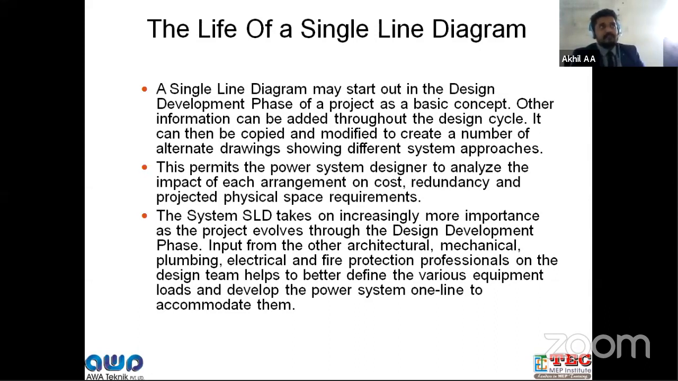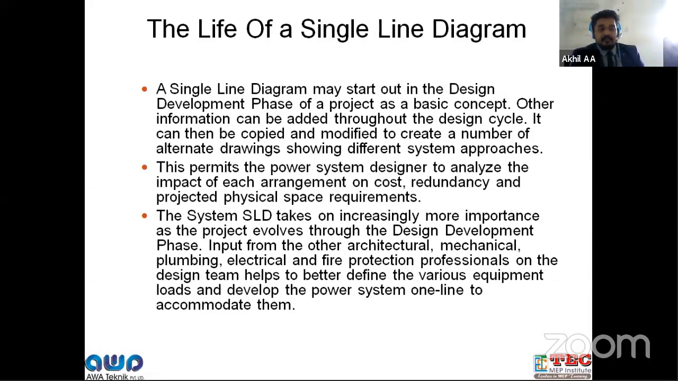Like if there is only one or two sub panels, the electrical room size will be according to that. So if the sub panels are increasing, the electrical room size will be changing, and the transformer load will be changing. Accordingly, you will understand what all changes are coming in our single line diagram. That is, this permits the power system designer to analyze the impact of each arrangement on cost, redundancy, and the